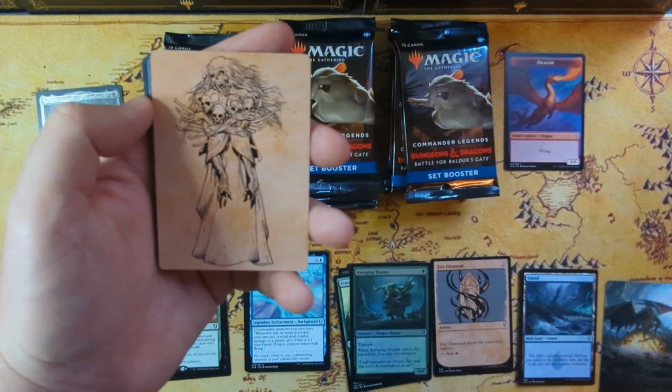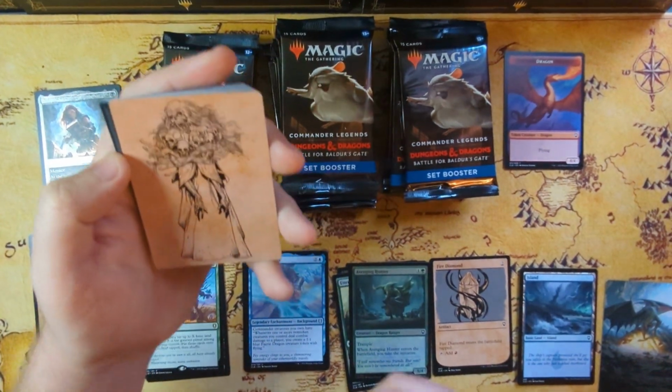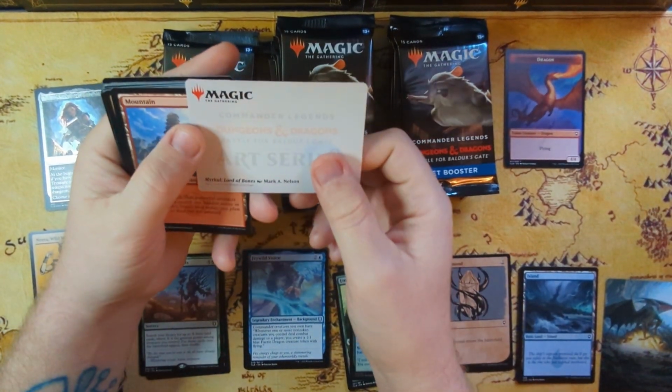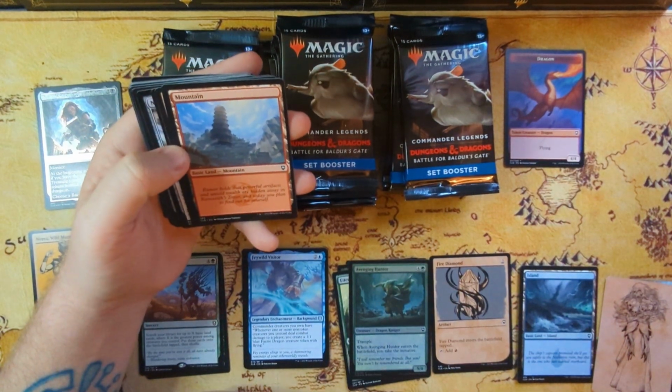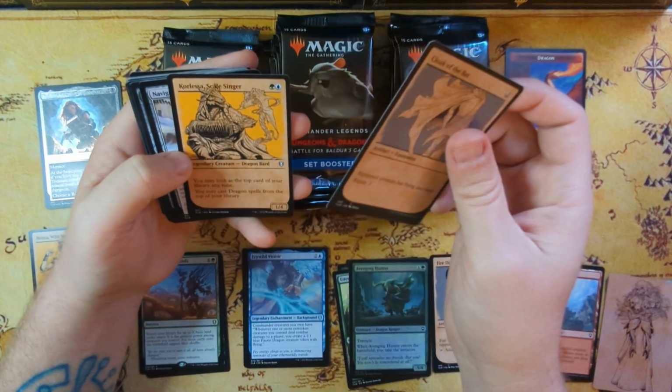Oh, gotcha. Okay. What is this, Myrkul? Imagine being a god of death and being named Myrkul. Yep, it is. Myrkul, Lord of Bones. Alright, really pretty land cards in this. Mountain, Cloak of the Bat again, and...